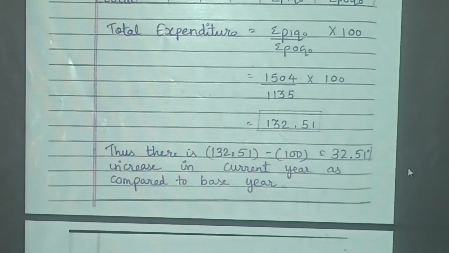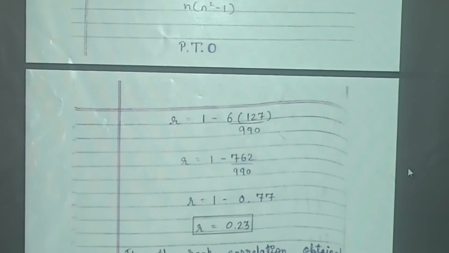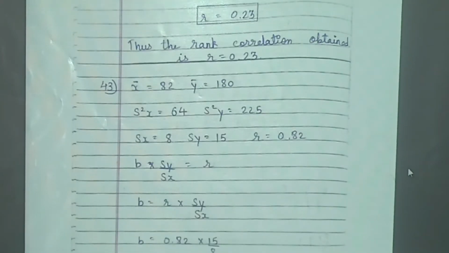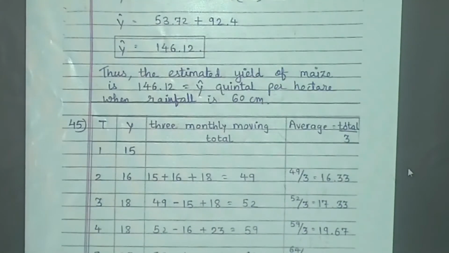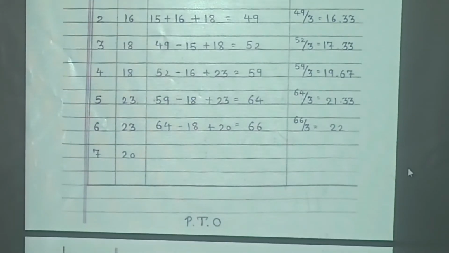How to present the sum, how to write the formula. On the formula you have to write the name, for example Laspeyres index number, Paasche's index number, regression line Y on X. You have to cover the answer with a box. After the answer, you have to write the statement.